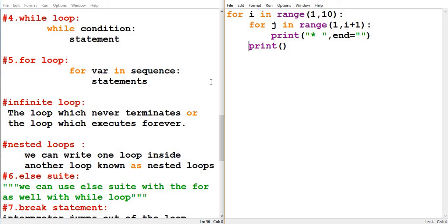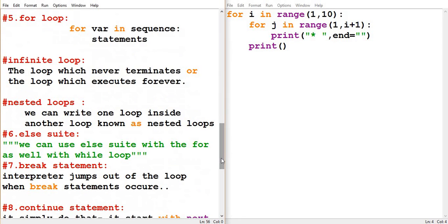After the nested loop, we will see the else loop. The else loop is also important. It is possible to use an else statement along with the for loop or while loop, and this is known as the else loop. After the else loop, the break statement. The interpreter jumps out of the loop when the break statement